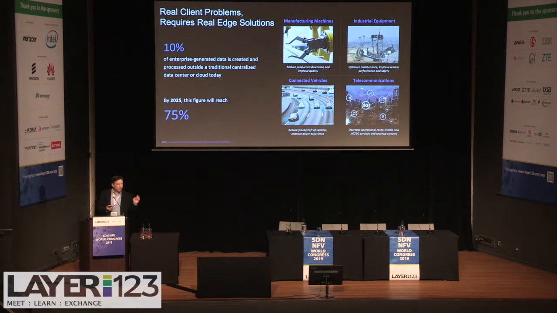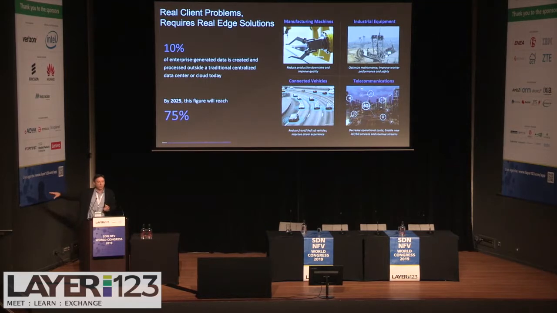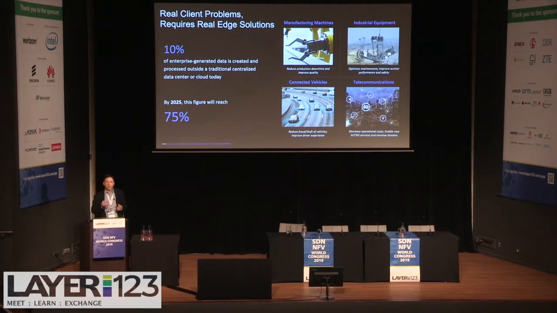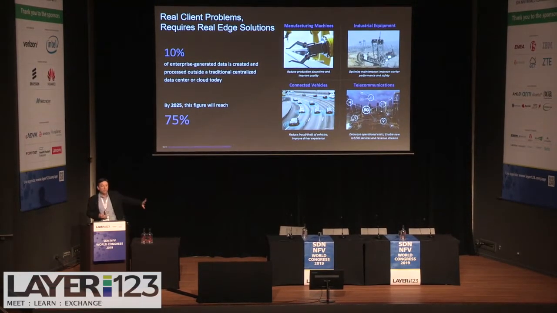10% of that data is created and processed outside a traditional data center today. In 5 years' time, in 6 years' time, we're saying that that's going to be 75%. So that data that's collected and aggregated at the edge will be processed at the edge as well. How we do that processing, and we'll get into this a little bit with AI, some of the models and some of the analytics that we will use to process that data, they may be developed in the cloud or in the core data center, and maybe once a day, or whatever that use case is, they'll be deployed at the edge.